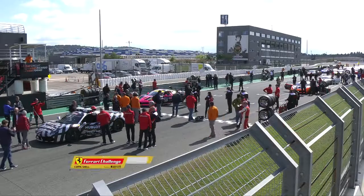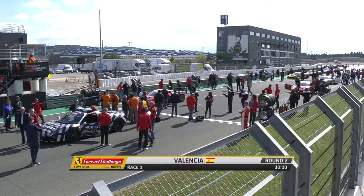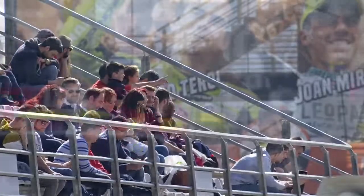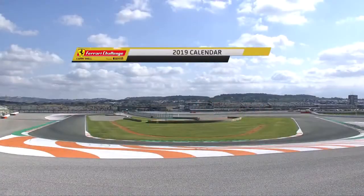Hello everyone, good afternoon. Welcome to the afternoon sunshine here in Valencia, in Spain, where it's race one for the Ferrari Challenge Coppa Shell in round 2 of the season. Having already been to Bahrain, we are here in Spain for round 2 with a packed calendar ahead of us,